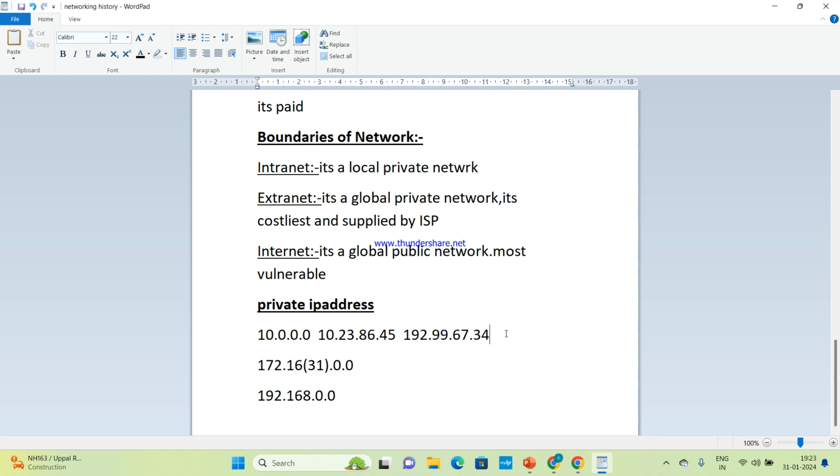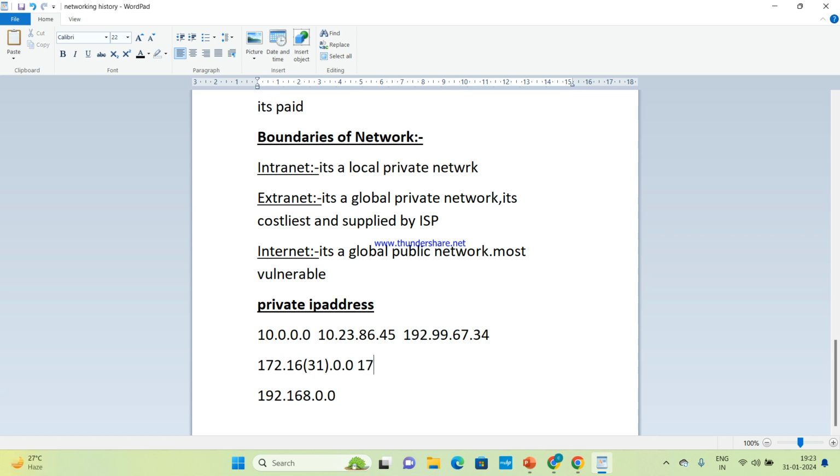Is this a private IP or a public IP? Private only, ma'am. Because 192 and 99, it's under 168 only, no? No, it's not a private IP, it's a public IP, because these two should be the starting numbers: 192.168. It should be the standard one. In the place of 0, you can keep any numbers. But the private starting should be 192.168, 172.16.